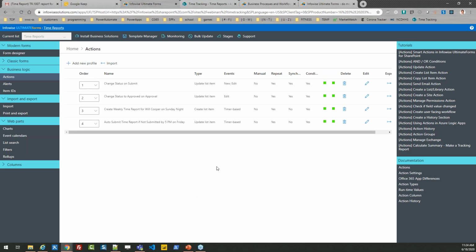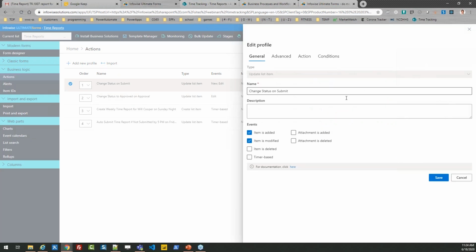And the way this works, you set up a profile, and really any types of things that might otherwise have to be done manually in SharePoint, you can automate. So there's certain things that I need to set up. In the system I created, I really only just needed a handful of rules. So just as an example,